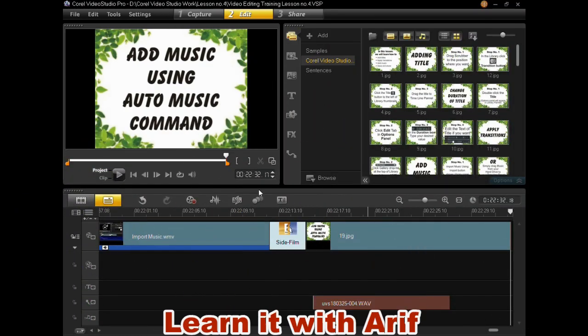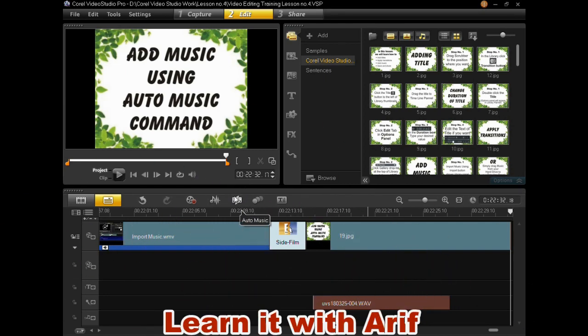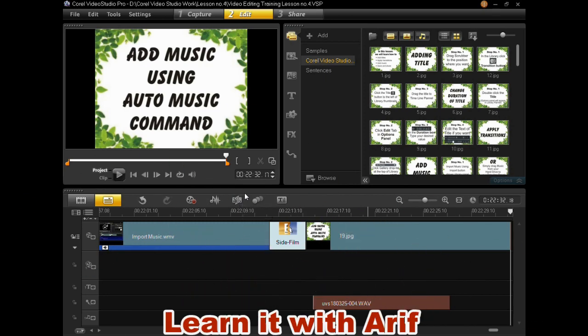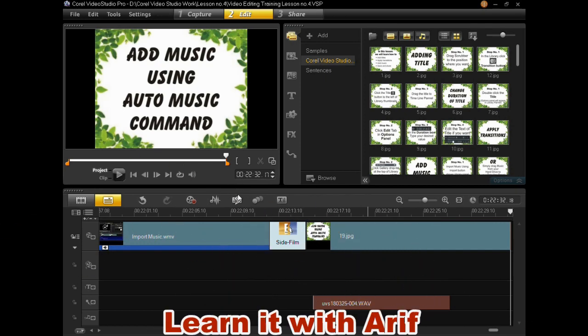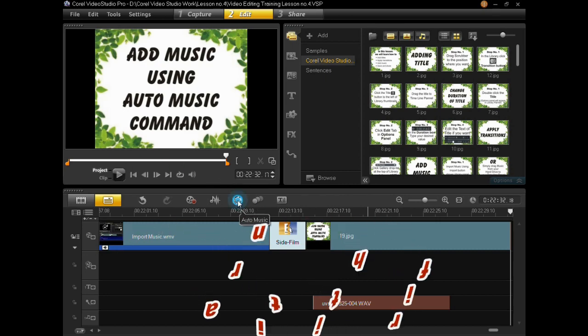If you remember, on our toolbar panel, it is the add auto music button. To add music to your video or your project, click the auto music button.